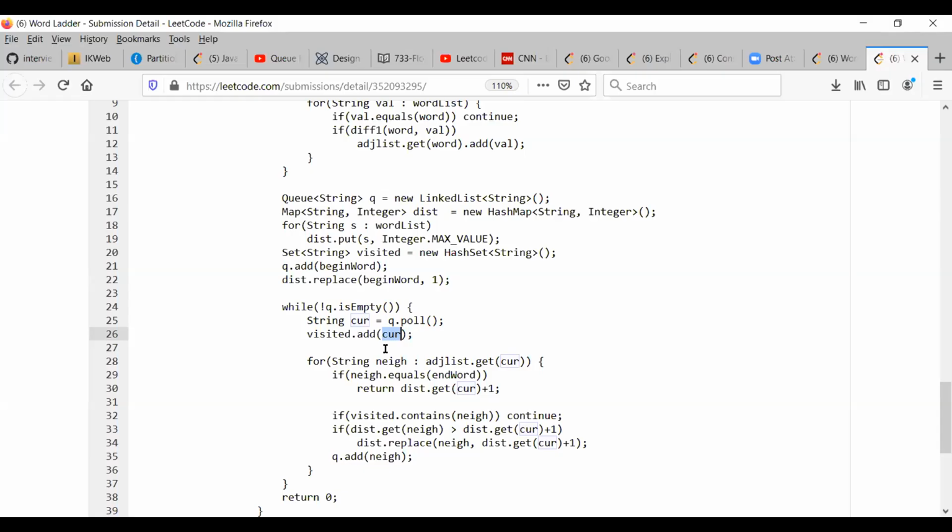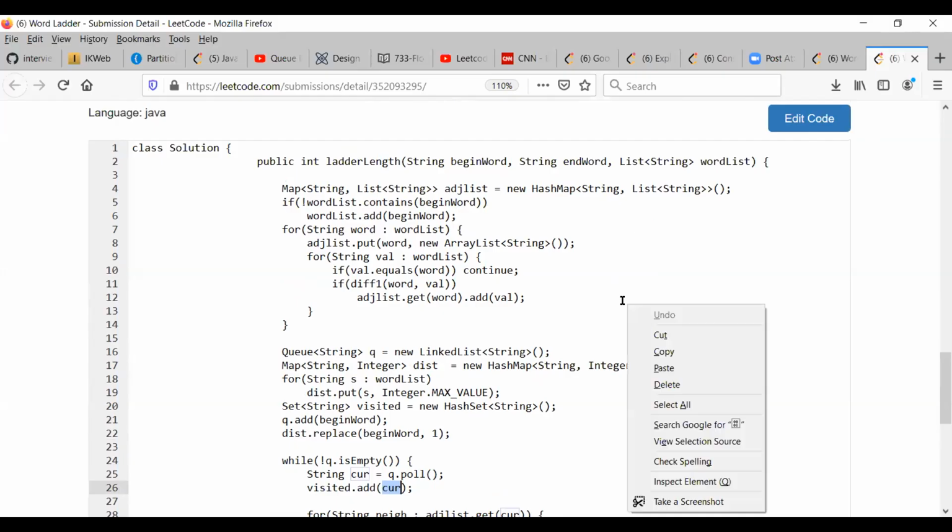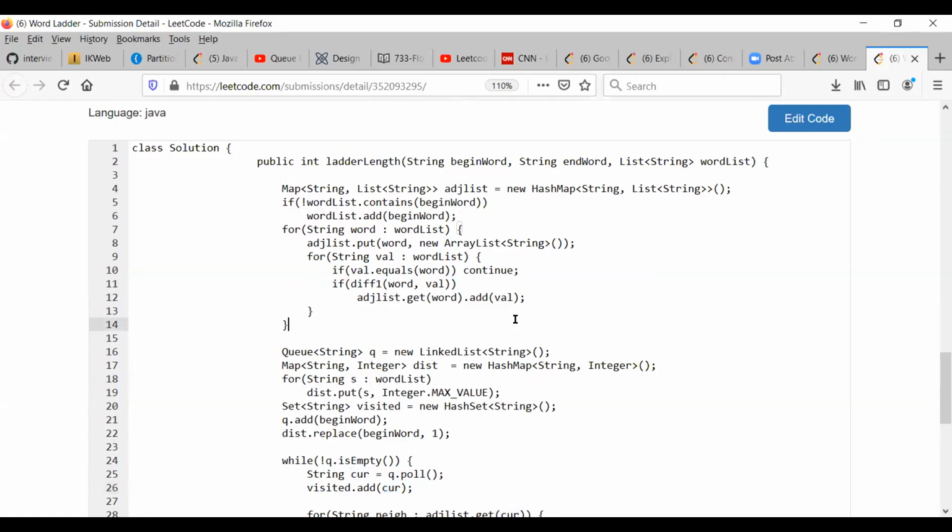Yes, we are going level by level, and you are starting from your begin word, right? Yes. So you already have a graph based on your begin word. But we don't have the graph, right? We have to build the graph. That's what I'm saying, at line number 9, what you are doing here. If you scroll up a little bit, please. Yeah, at line number 7, you are starting and building the graph based on your word list. Instead of building the graph based on the word list, if you build it based on the begin word, just the begin word, yes, that will be a shorter graph.